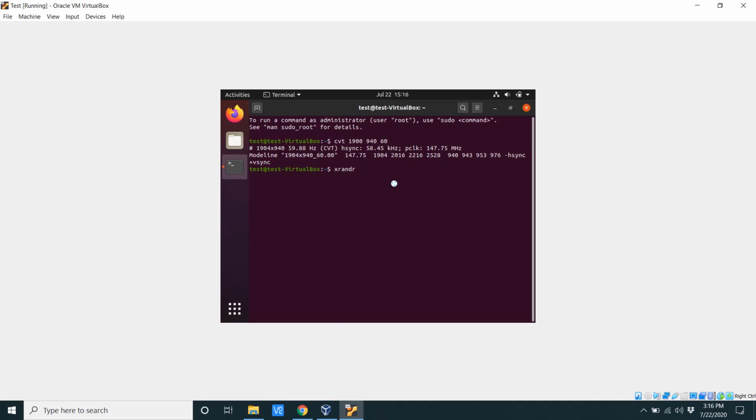Then what you want to do is type xrandr and then put in --newmode, and then copy up to where it says the modeline. Copy this and just paste that down here. Then type in xrandr again, and this time --addmode. And this time you want to type Virtual1 because we'll be adding to the virtual machine screen. And now copy what's inside the quotation marks from the previous line and paste that here. And then if you click enter,